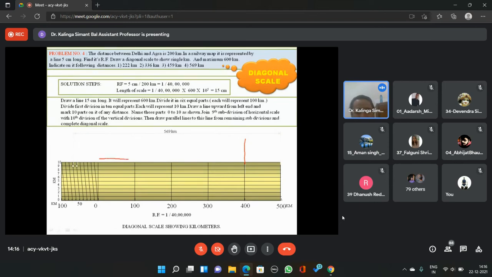First is this one, which is 400. Now again let us move to this point: 10, 20, 30, 40, 50. And then we have this again: 1, 2, 3, 4, 5, 6, 7, 8, 9. You can see from here also 9. Same thing, you can see 50 from here and 9 from here, wherever it meets, 59. So it becomes 459. The whole from this to this becomes 459 kilometers.